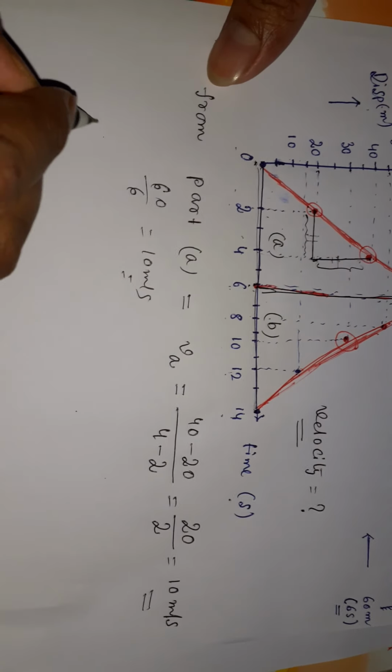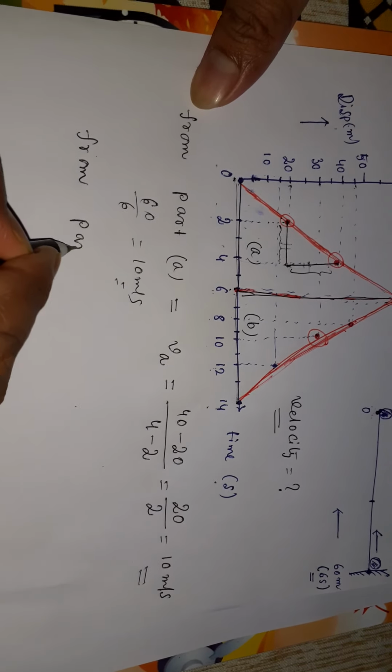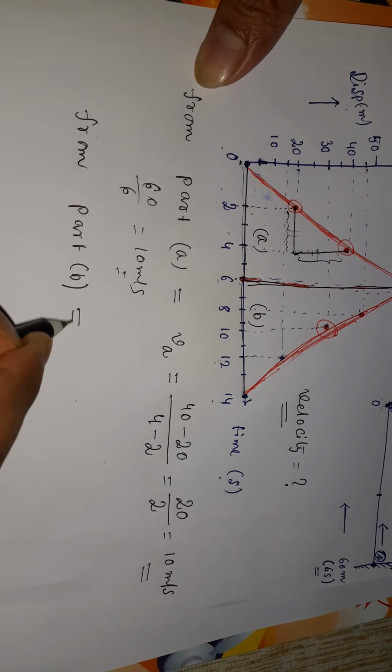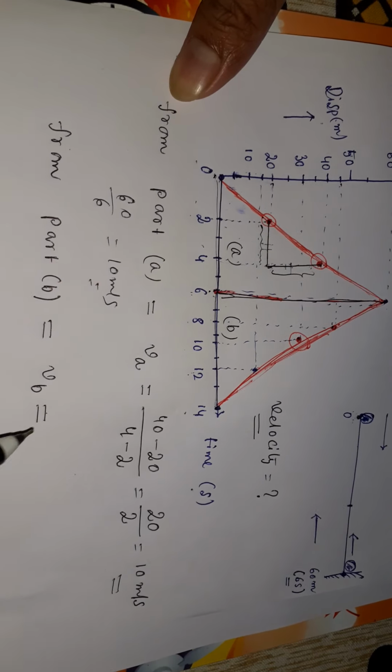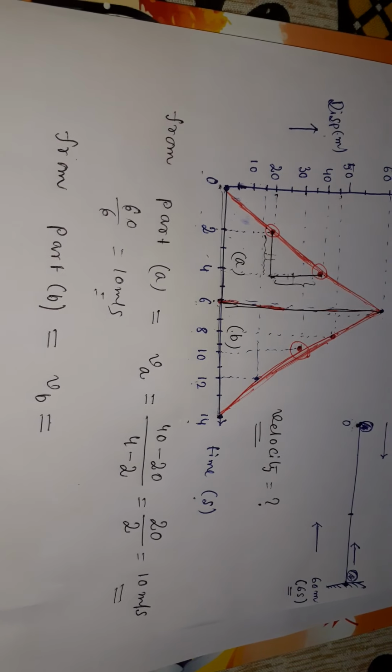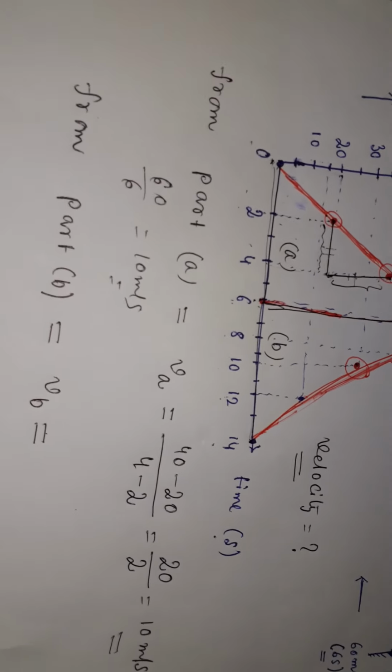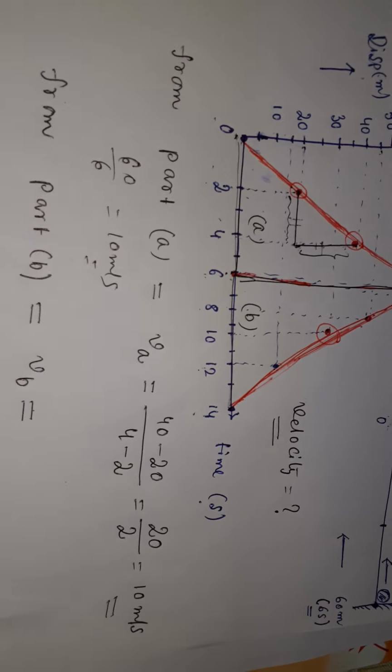In the second part, from part B, the velocity is equal to how much? It is a decreasing velocity, so you will definitely get the negative velocity, because velocity is continuously decreasing here. How you will, I am just telling you. The velocity you can get in this part by dividing this one by this one, because this is the displacement and this one is the time taken. So displacement by time.